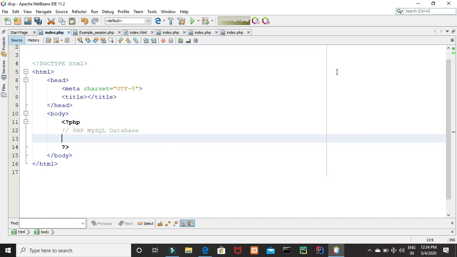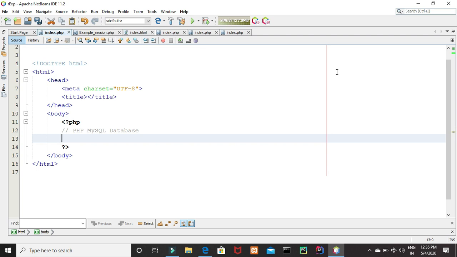MySQL is a database system used on the web. It is a database system that runs on a server and is ideal for both small and large applications. It is very fast, reliable, and the most important part is it's very easy to use. It uses standard SQL and it compiles on a number of platforms. It is free, so you can always download and use it. MySQL is developed, distributed, and supported by Oracle Corporation.